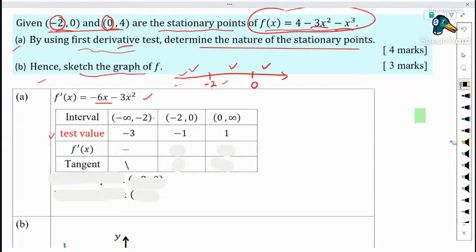Substitute negative 1 into the first derivative. I have a positive sign for f prime. So from left to right, increasing. Finally, substitute 1, I have negative, and then decreasing. What does this tangent happen to help us determine about the stationary point, whether it's a maximum or minimum? It is in the way that, if you realize, between these two changes of the gradient,